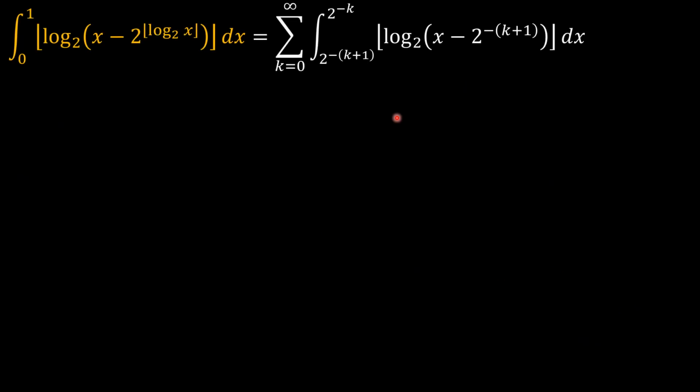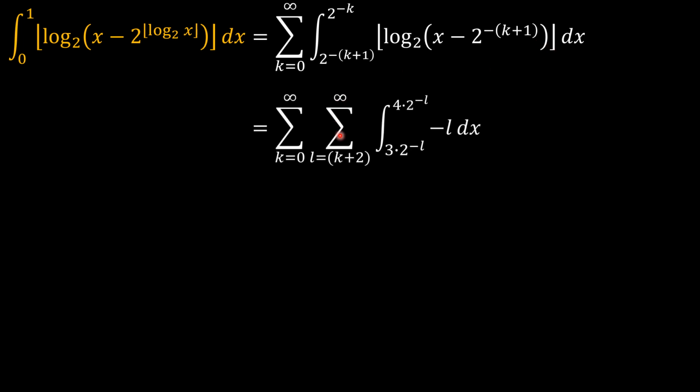So what that means is that this integral of ours becomes a sum over different strips. In each strip, the kth strip, we have it beginning from L equals k plus 2. We saw it began from negative k plus 2 all the way to infinity. So we choose to use the positive on the index, but on the actual value we've attached a negative sign. So from L equals k plus 2 to infinity, and in there we saw the integral